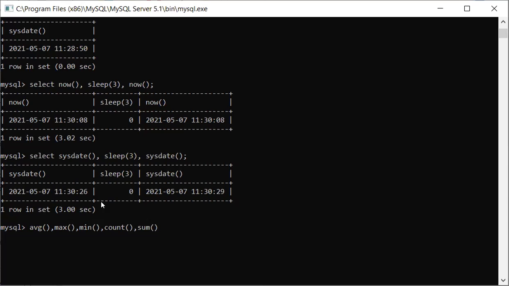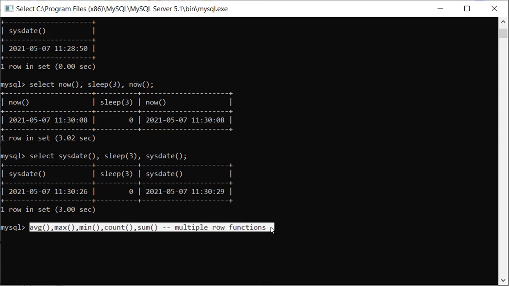Okay, and therefore these are also called multiple row functions. Remember this. We may ask you what multiple row functions are, or to give some examples of them. Except these, all other functions are single row functions, meaning they work on a single row, whereas these functions work on multiple rows, so they are also called multiple row functions.